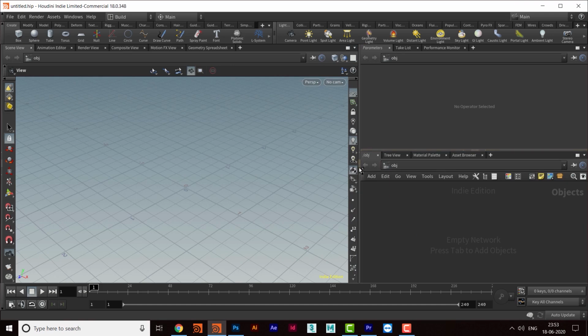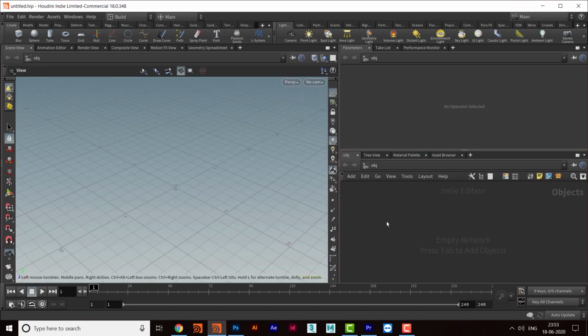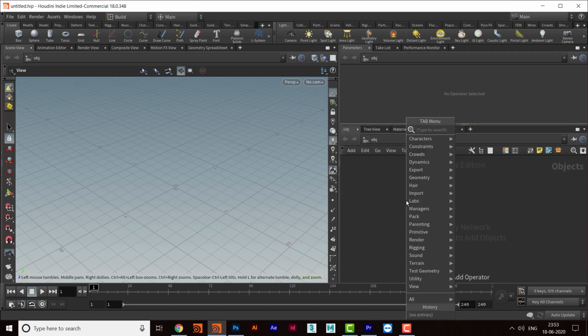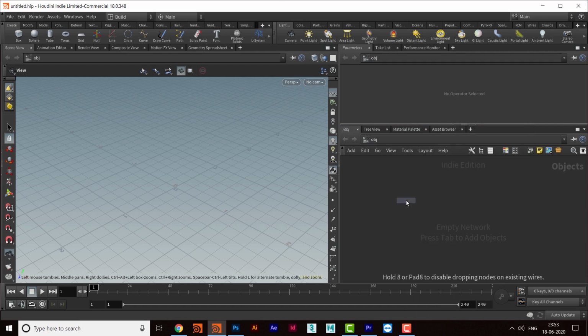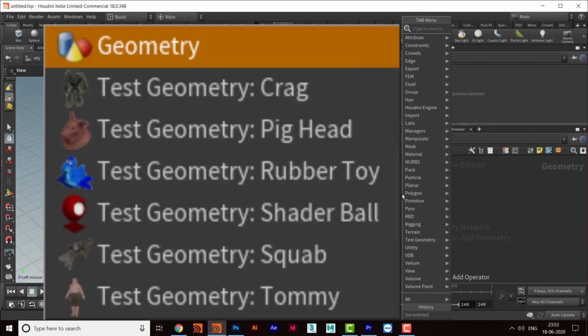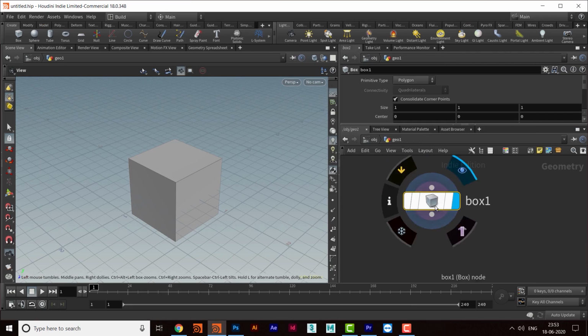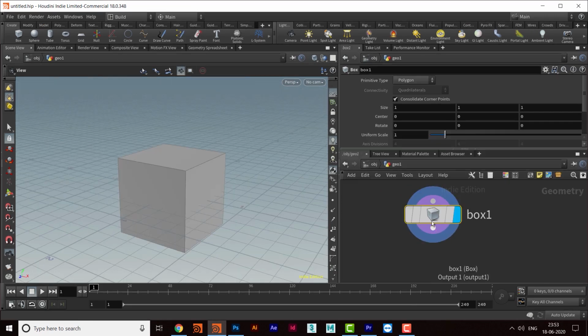The shot will be very simple as it was last time, but I will try to maybe add some more options to it. So take tab and take a geo, get inside it, and I'll take a box for that. I want this column to be always on the grid like here.